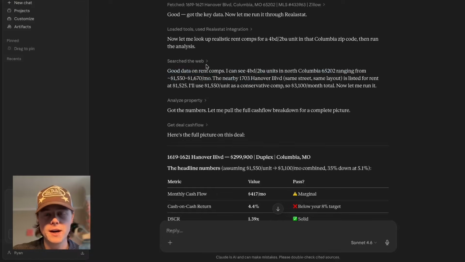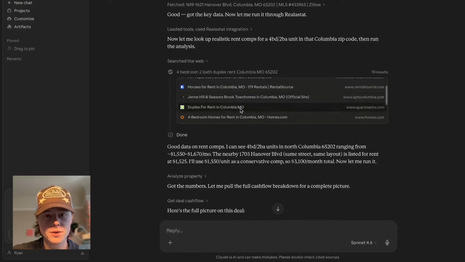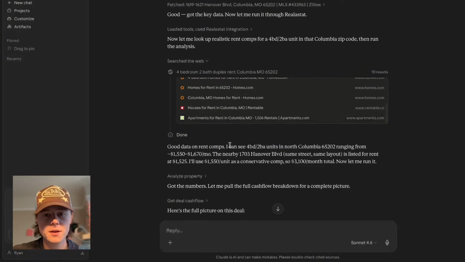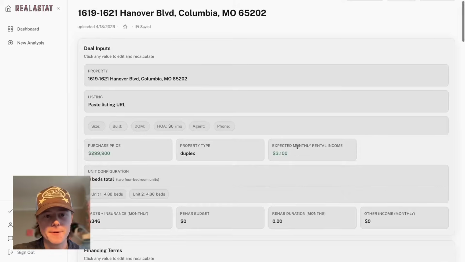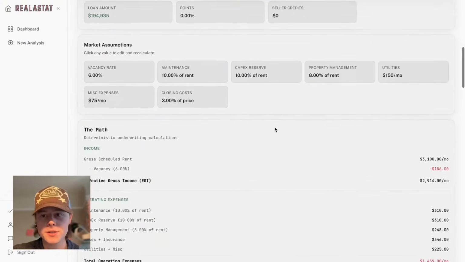It did pull rent comps from the area, so it searched all these different sources to pull rent comps for 4 bedrooms in Columbia, Missouri, which is what each side of the duplex is. So it did pull the rent comps, ran it through the calculator with my financing terms that I have saved